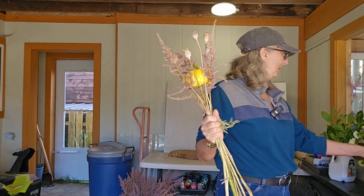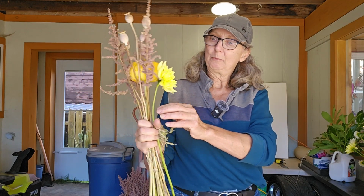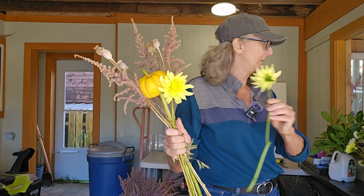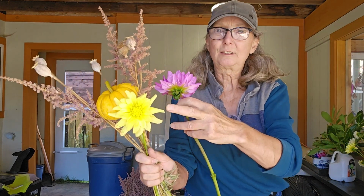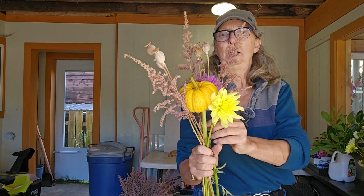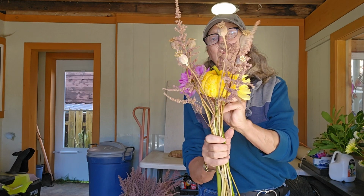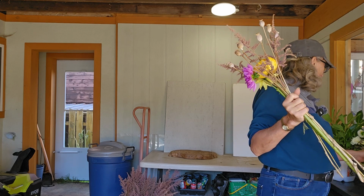Now what we're going to do is grab some tall dahlias, they're all tall stemmed. And we're going to go around the base of the pumpkin. We're going to use some decorative dahlias first. I don't want to use the same one, so let's... This is French Louis Mer. This is Beautiful. I want a third one. I need these poppy pods back where they're supposed to go. I need a third one in a different color. Let me grab...